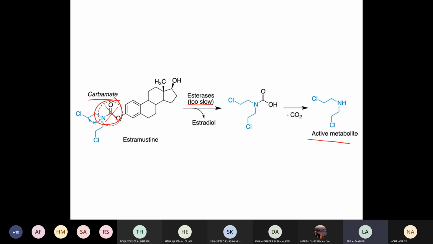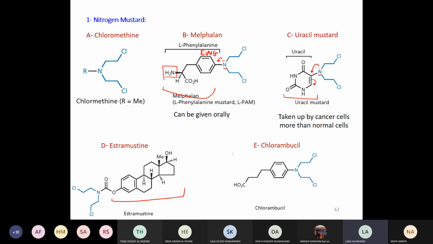طيب ليش ما بصير عندي هنا in the drug in its form ما بصير عندي, let's say, formation of aziridinium ion؟ برأيكم؟ غير البالكينس. يعني لاحظوا النيتروجين شو مرتبط عليها؟ Yes. النيوكليوفيسيتي قلت بشكل كبير. ليش؟ مثلا مقارنة بالملفلان، مقارنة بالكلورامبيوسيل، مقارنة مثلا باليوراسيل. Exactly, because the nitrogen is connected to an oxygen or a carbonyl.